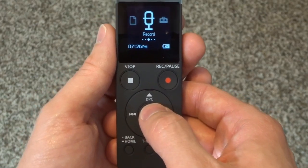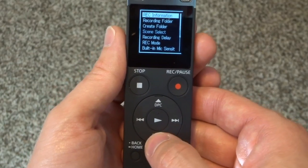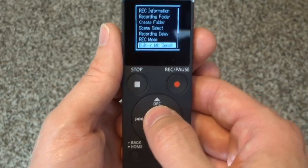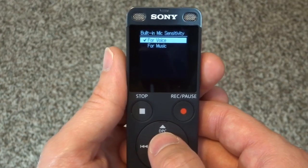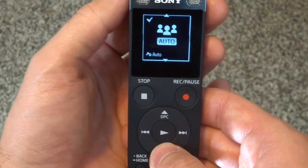If you go into the mic setup, here's where it's going to have all of your settings. And if you hit option in here, you've got all sorts of different things. So one of the neat things here is the sensitivity setting you can play with. You can do it for voice or for music. So if you're in a meeting or whatever, I usually let it default to auto, but